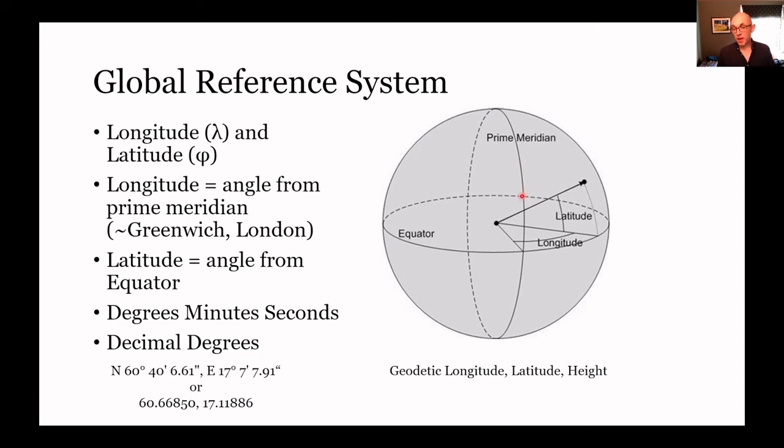And it's defined in almost all cases as going through Greenwich in London. This is for historical reasons. For a long time this was a point of issue, but when ultimately a solution could be found, it just so happened that one of the strongest empires on the globe at the time was the British Empire, with its capital in London, and so because they had the biggest boots, they got to decide where it was. Nowadays, that might fall somewhere else. Somebody else will be able to make the decision. One would hope that perhaps it would be more collaborative.